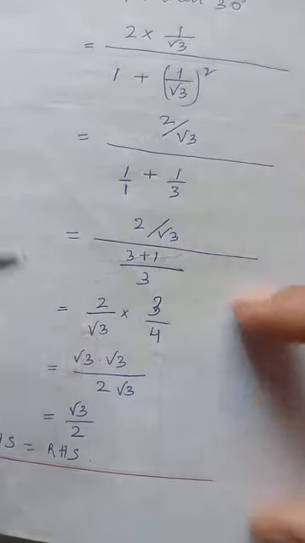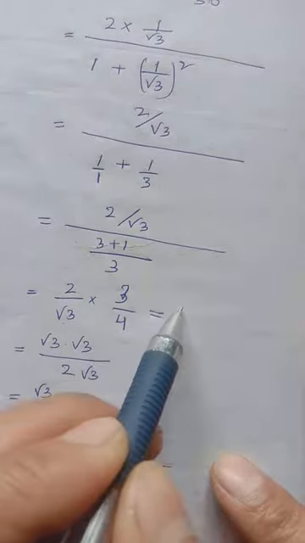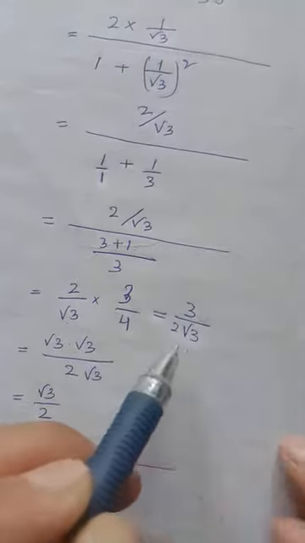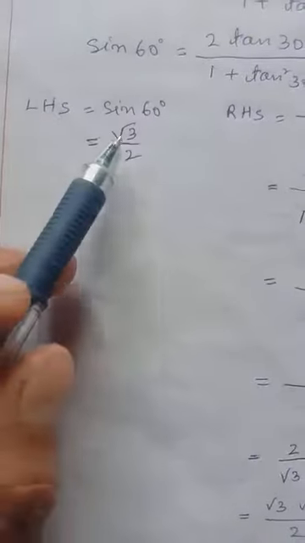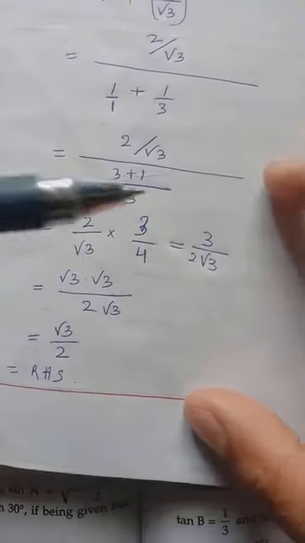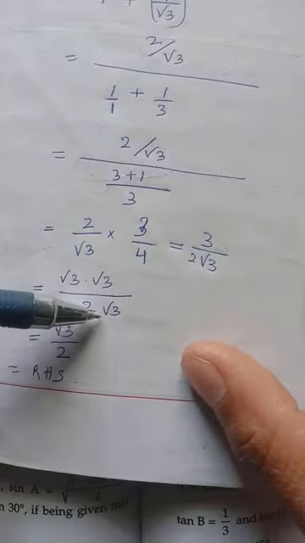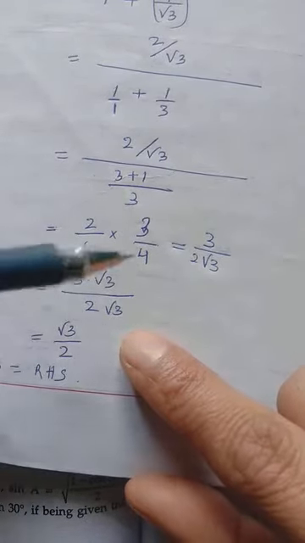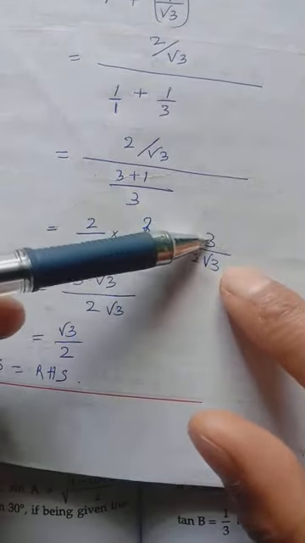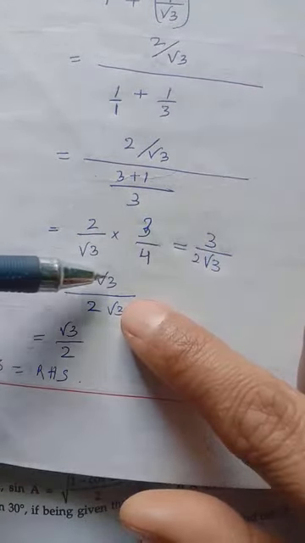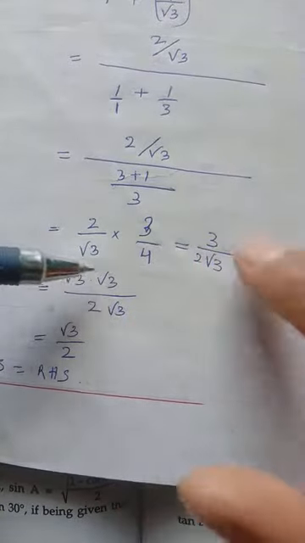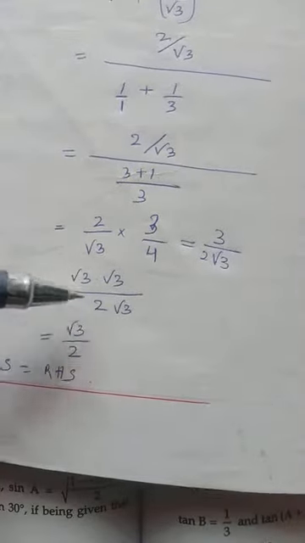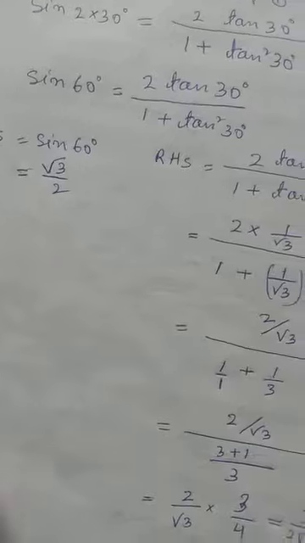Then now we have root 3 down here. Okay, we have like 3 by 2 root 3. In order to remove root 3 in the denominator, because on the left hand side we get root 3 by 2, we have to get like that. What to do? We rationalize this one. So we have root 3 down, we will rationalize with root 3 up. Or you can do one thing: this 3 in the numerator, we can write it as root 3 into root 3, because square root 3 into square root 3 gives 3. So the square root cancels. We have root 3 by 2, which is equal to the left hand side.